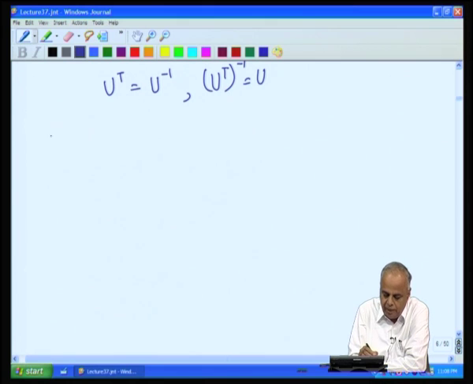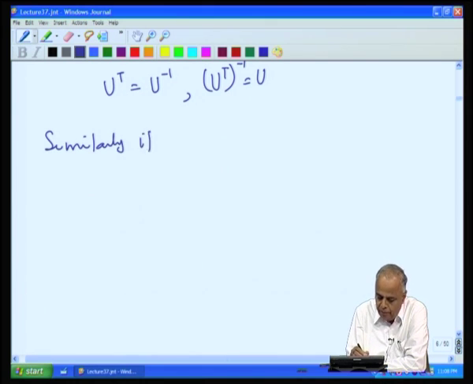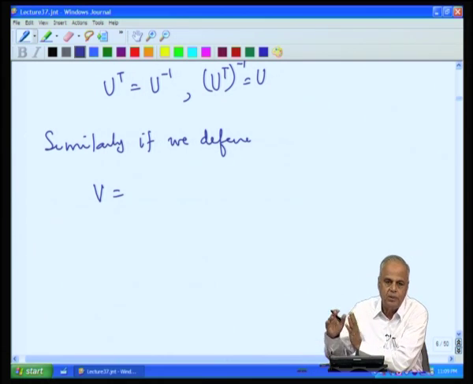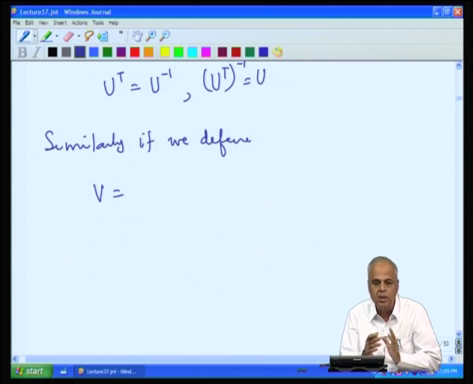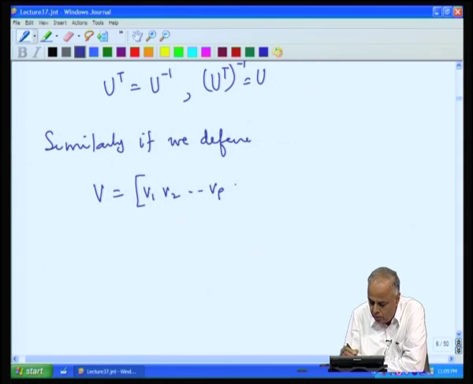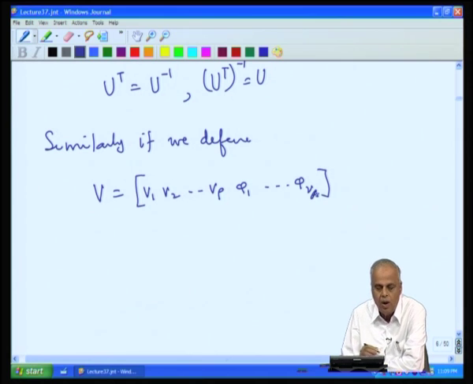Analogously, similarly, if we define V, now we constructed the U matrix taking care of the basis on the R m side. Now, we construct the matrix V taking care of the basis on the R n side, that is v1, v2, v rho, phi 1, phi 2, phi nu A. Now, all these vectors in R n, there are n of them. So, this becomes an n by n matrix,